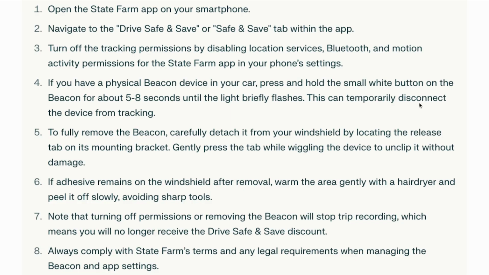To fully remove the beacon, carefully detach it from your windshield by locating the release tab on its mounting bracket. Gently press the tab while wiggling the device to unclip it without damage. If adhesive remains on the windshield after removal, warm the area gently with a hairdryer and peel it off slowly,